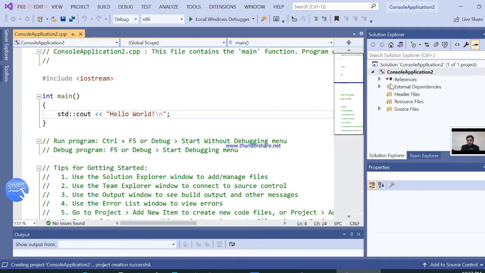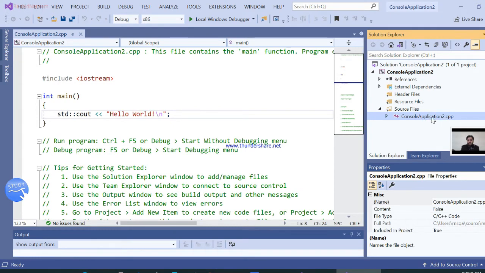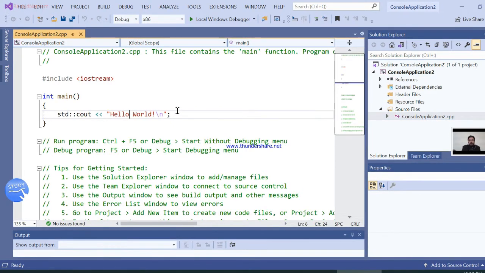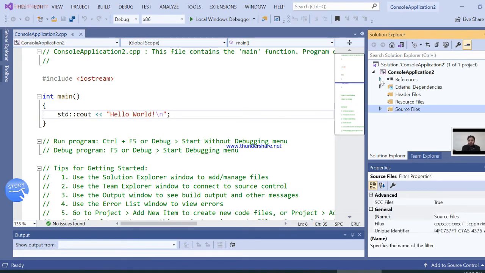If you move to the most right side here, you can see the solution explorer, where you can see a number of folders that are available to facilitate you while you program your project. Actually, the .cpp file resides inside the source files, and here is that file. By clicking on the file you can see the code inside it. There are a number of references that can be available with your programs, but at this time we don't have any references.